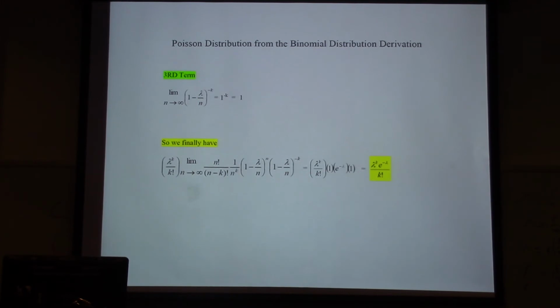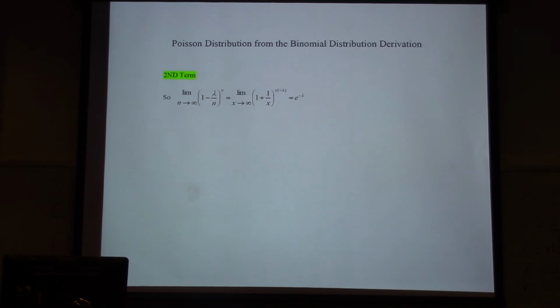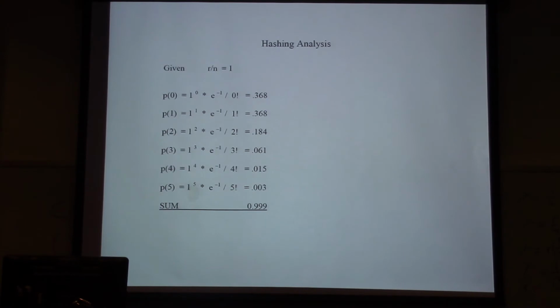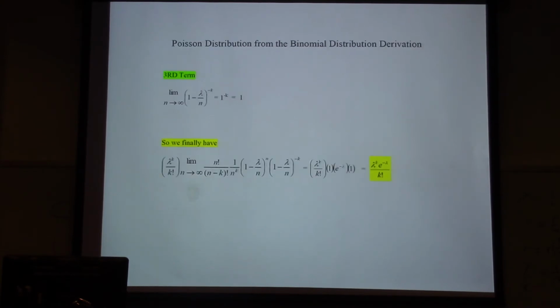So remember, in our case, our lambda is going to be the packing density, r over n. So we could rewrite this for algorithms. This is going to be r over n to the k, e to the minus r over n, over k factorial. And that will be the probability of x equal to a particular value. So what I've done is taking this value here, and I replace lambda with r over n for particular values